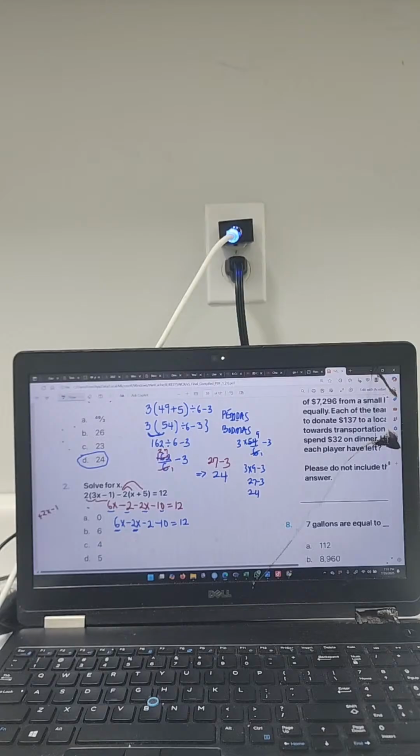So anytime you have values with the same variable, you can just subtract the coefficients. 6x minus 2x is 4x. Now here we have negative 2, negative 10. They are having the same sign, so you maintain the same sign. If the signs are the same, you maintain the same sign and you add up the values together, which is